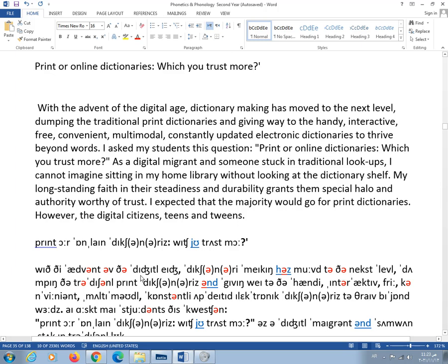Let's look at the example here. With the advent. Say advent. No, advent. This is a stressed syllable, and this is a mark of stress. Okay, advent, then,